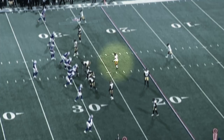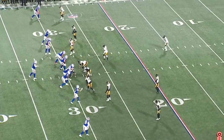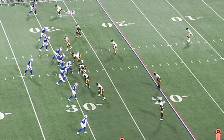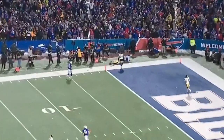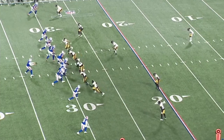We'll look at a different example. Buffalo wildcard game, last one of the season, and watch Roberts right here carry number 3. That's a tight end, Dalton Kincaid, on the 7 route, breaking this pass up. What a play this is, and this one, the kind of stuff that you didn't expect to get from Roberts when you signed him. You didn't have the vision of him really even being in this situation of being out